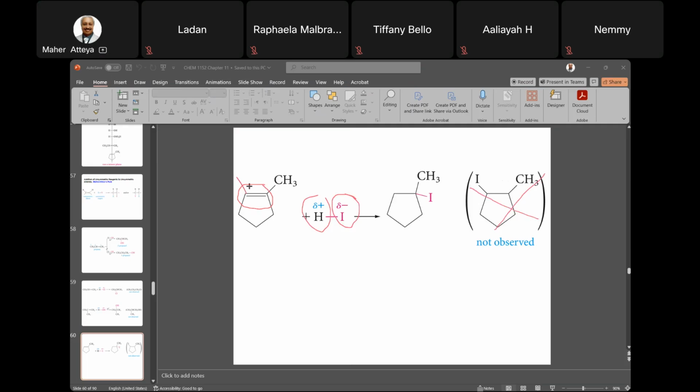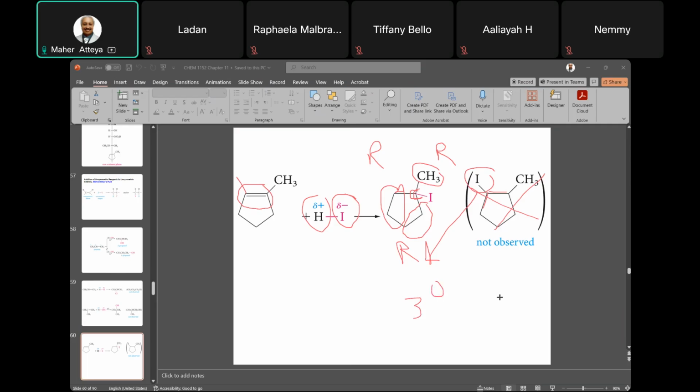Why is it not observed? Because if it's connected to the first one, this will be 1 and 2, correct? That will be the two R's. That will be primary. But if it's connected to here, it will be tertiary. So the carbon here is connected to three R's. This is one R, correct? The rest of the molecule from here to here is another R, and the rest of the molecule from here to here is another R. So this is tertiary